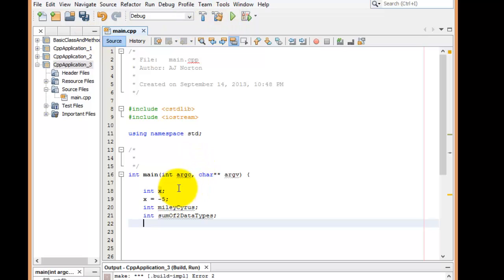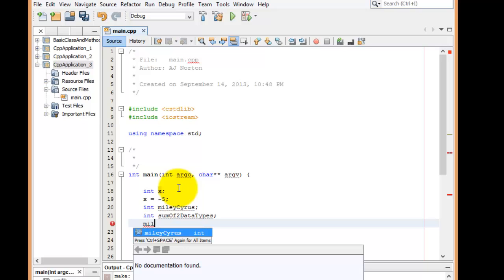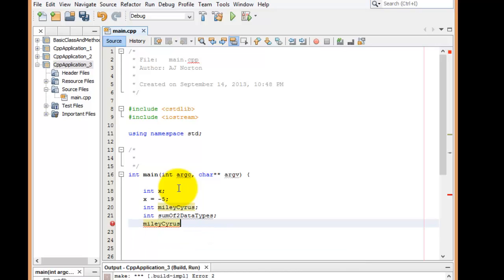So let's assign Miley Cyrus a value. Wow, Miley Cyrus is really long to write out. If I have to write that out a few more times, I may just get really annoyed. So luckily, NetBeans, our IDE, which stands for Integrated Development Environment, has a little shortcut. I can press Control Space, and look, it auto-completed Miley Cyrus for me. All I have to do is press Enter, and boom, I don't even have to type it. Does Microsoft Word do that? I wish. So I'm going to assign it to 980 and put a semicolon. Nice. Don't forget that.